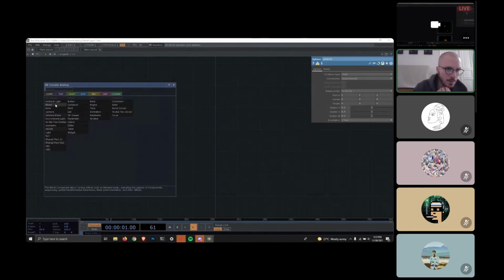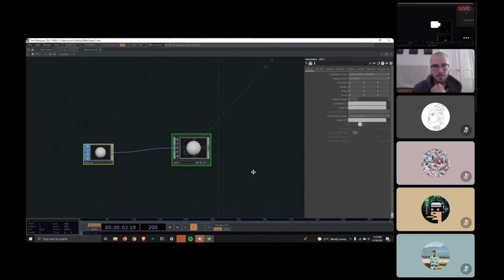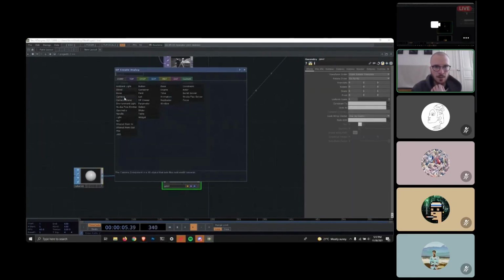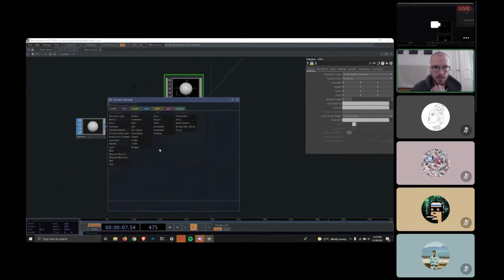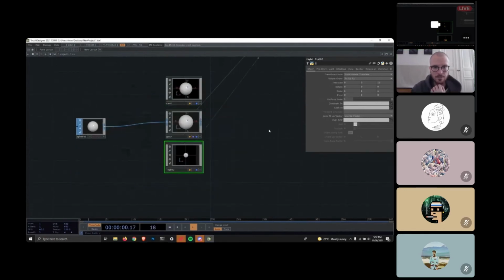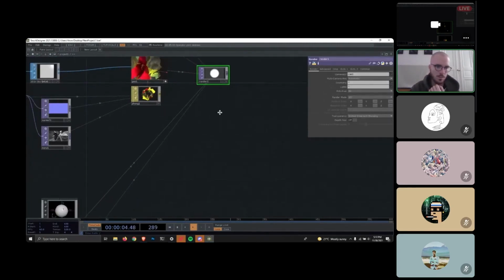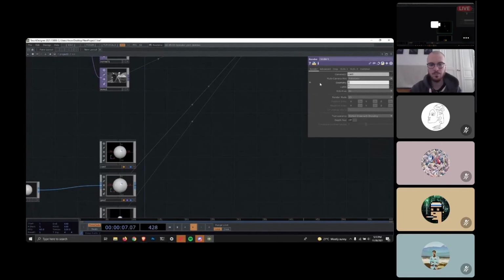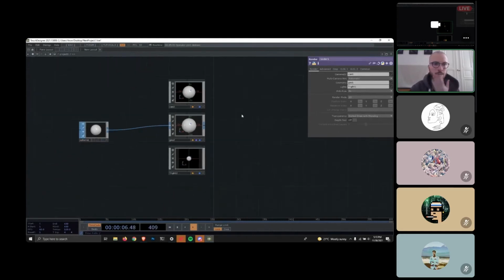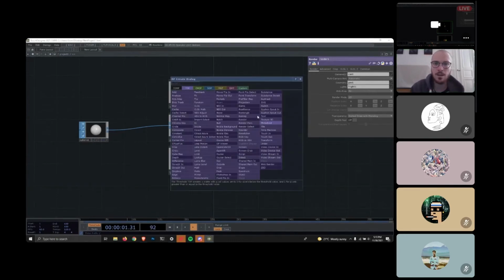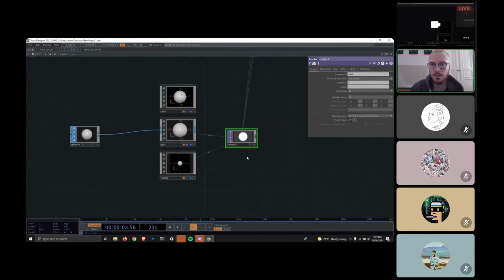Right click, geometry, camera, and a light. Okay. So I set up the basic scene as I did before. Adding the render thing,